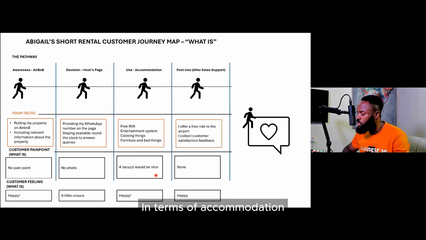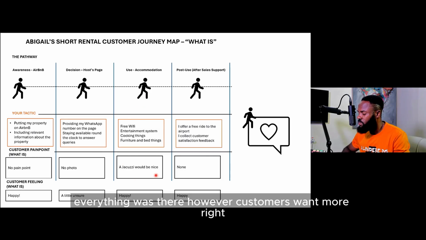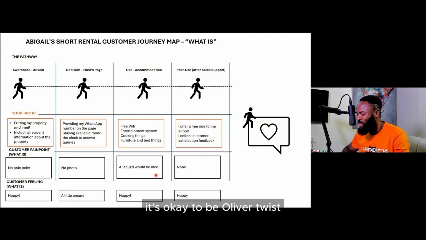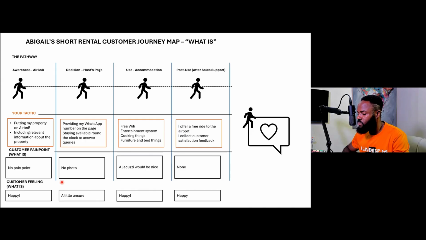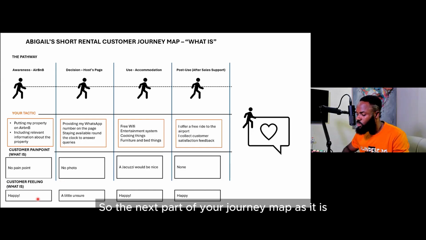In terms of accommodation, everything was there. However, customers want more, right? It's okay to be a little twist. A jacuzzi would be nice. And then for post-use, none. Customer was absolutely happy. So the next part of your journey map as it is would be, what is your